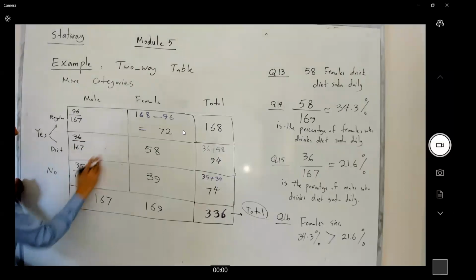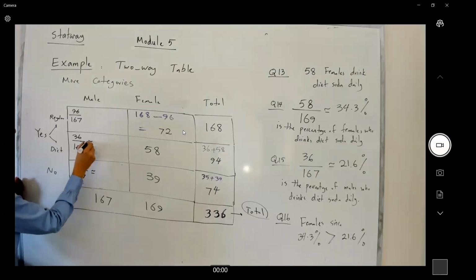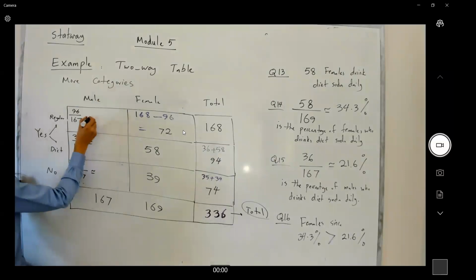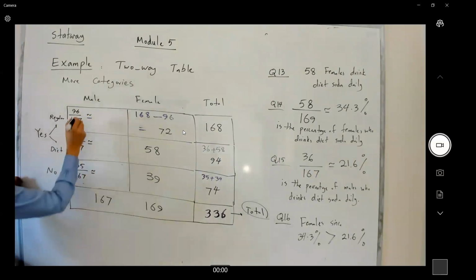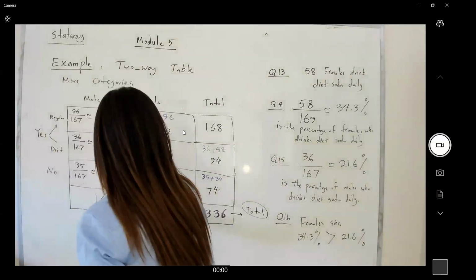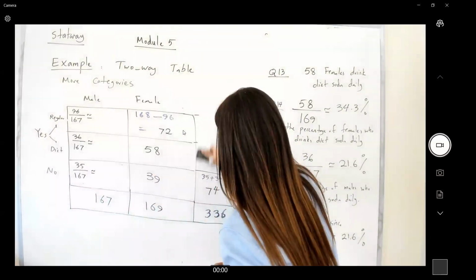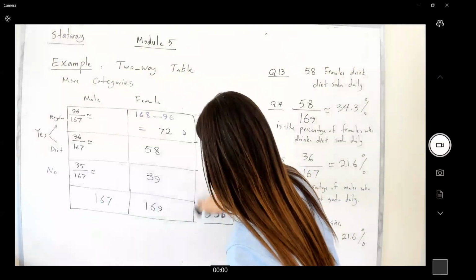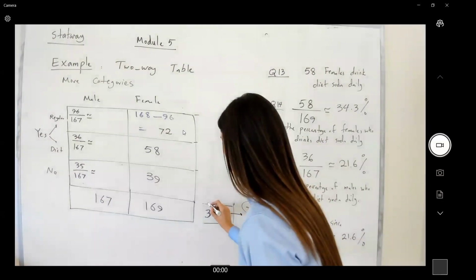We're using approximation, so instead of the equality sign, we use the approximation sign. And here for males, we do the same. We're going to ignore this, just want to keep the total here to remember that we have